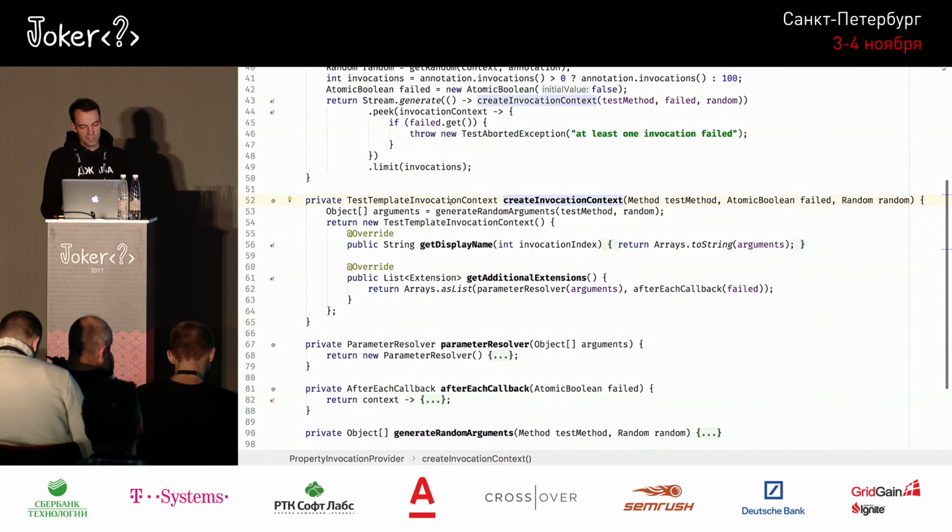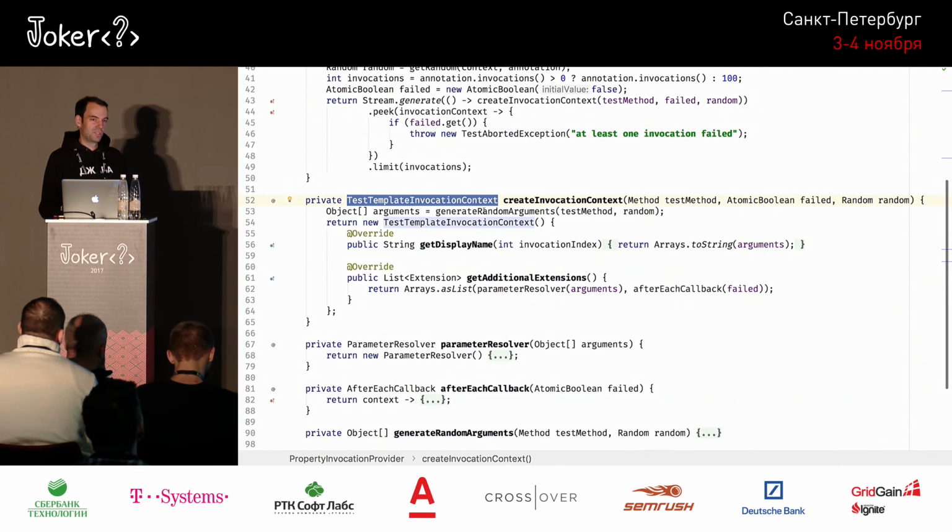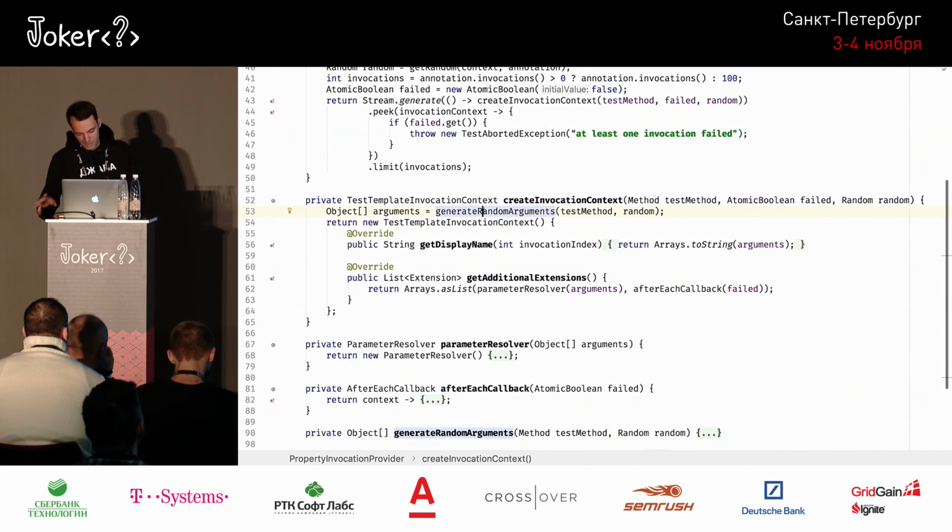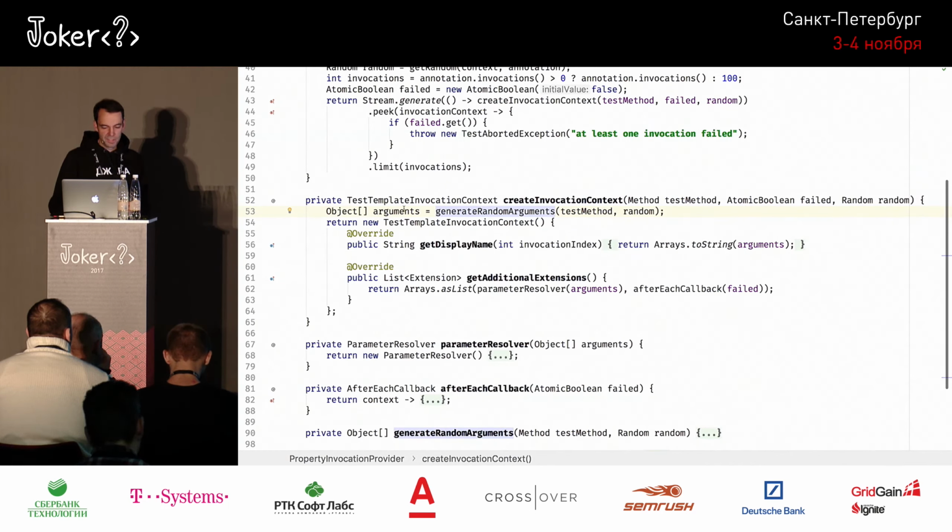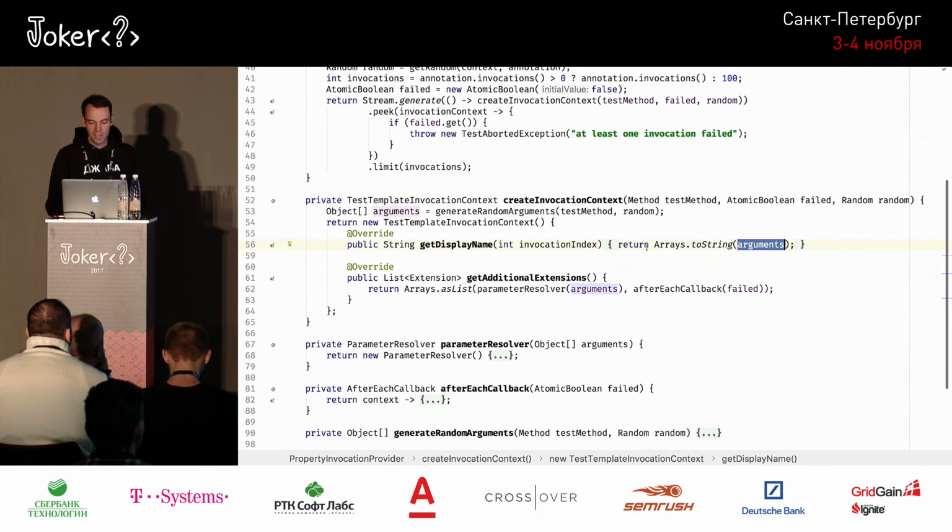So the first step for this invocation context is we generate some random arguments. So this right now is implemented really simplistically here in my example. It only supports lists and strings, and that's it. But this could, of course, be implemented in a better way. And so once we have these arguments, I'm just going to look at the test method, generate arguments. We can use them, the string representation of it, to return a custom display name for this one invocation of